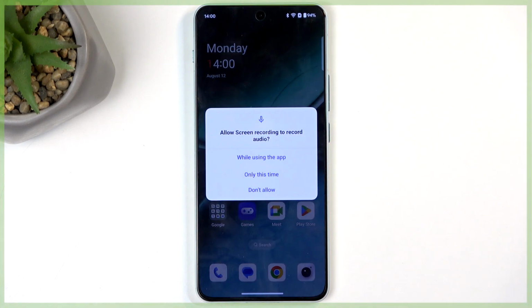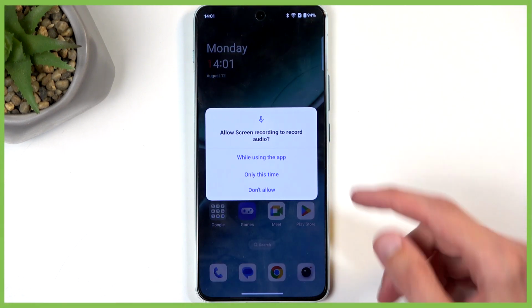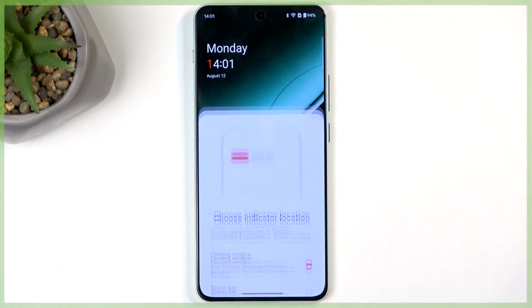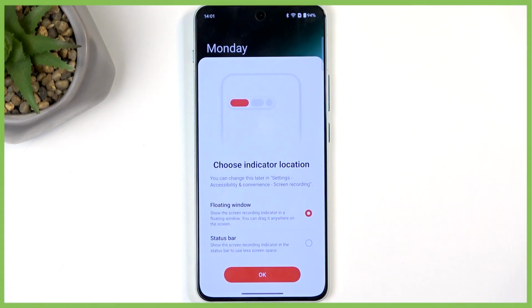First time around it will ask you for access to audio and some other stuff, so we're just gonna select while using the app. And it gives you also an option to choose how to display the recording or the notifications in regards to the recording. So things like the time that you have recorded and options to pause or continue recording and some